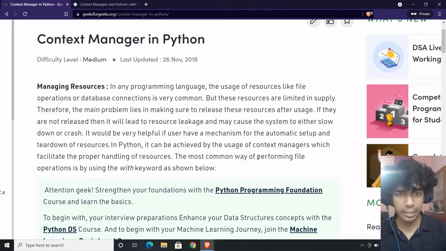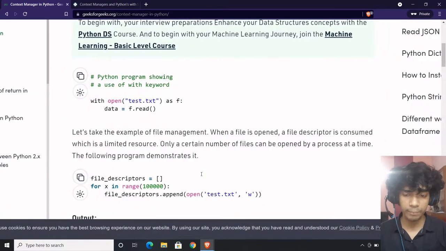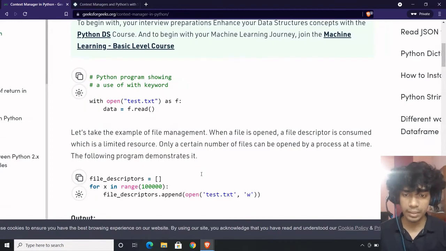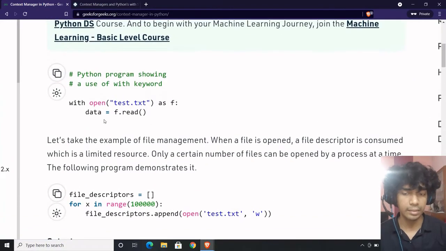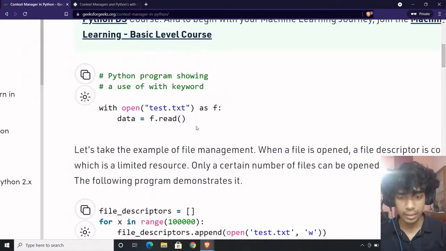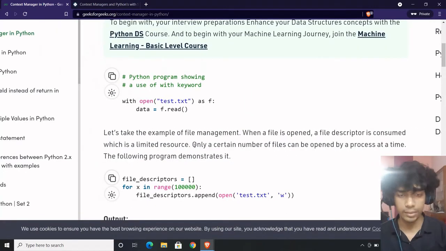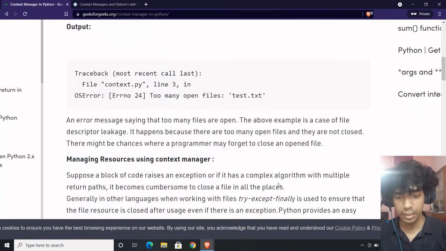If there's a huge multi-line or multi-module code, and I have worked on multi-module code, it's extremely difficult to manage those kinds of projects. If you have worked on multi-module code, the only thing you need to ensure is context, and once context is ensured, you need not worry about the very meticulous details of how things happen, with the help of context managers. Using this method ensures that once you are out of the scope, the file is done. You're declaring that I'm done with this file. You may forget it. This is out of the context.